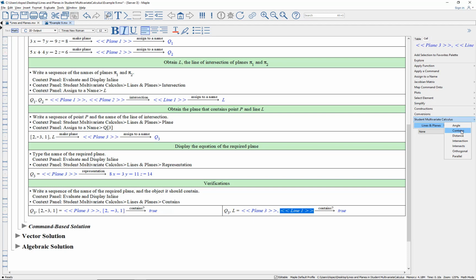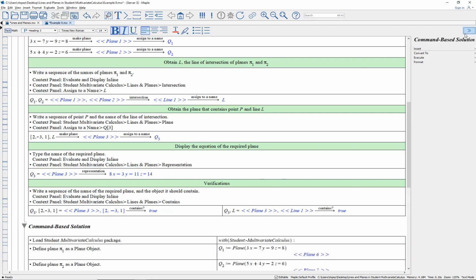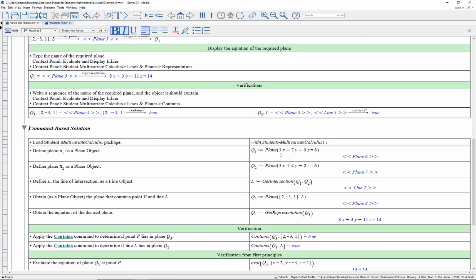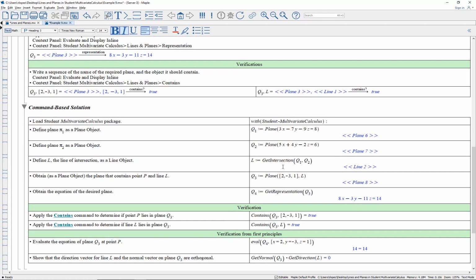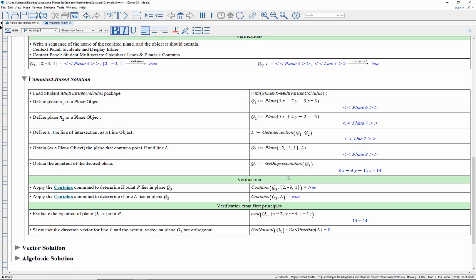Does the plane contain that line? Echo back true. The command-based solution would run like this. For the package, assign to Q1 and Q2 these planes using the plane command. Get intersection. That will give you the line of intersection. Then the plane that contains that line and the given point, use the plane command and the get representation command